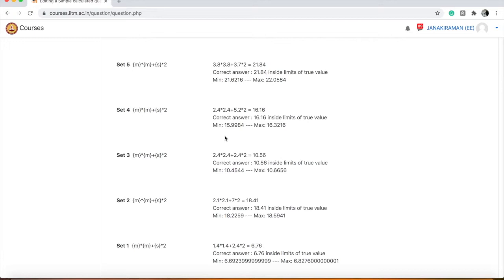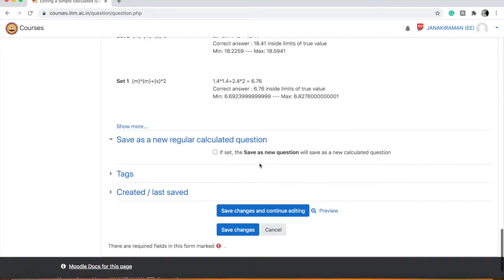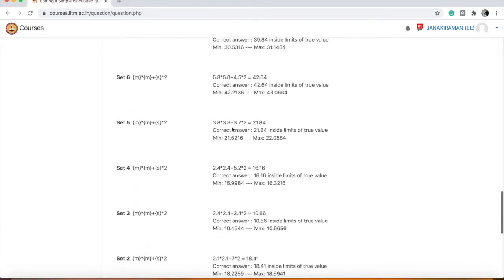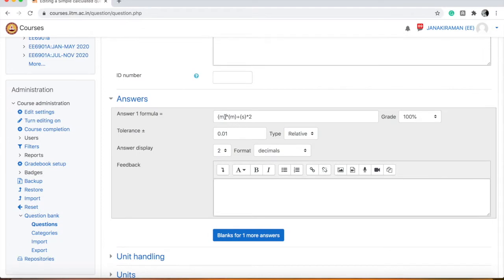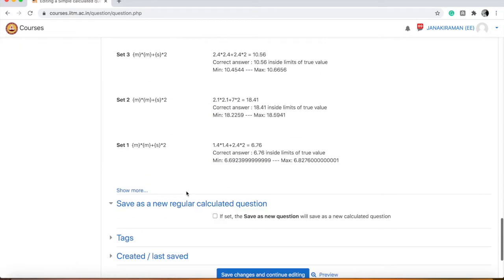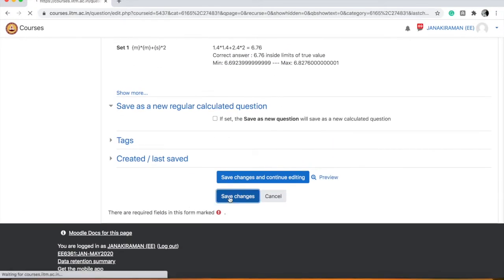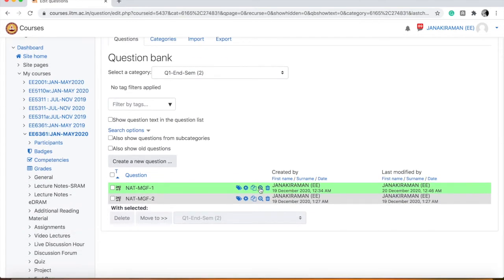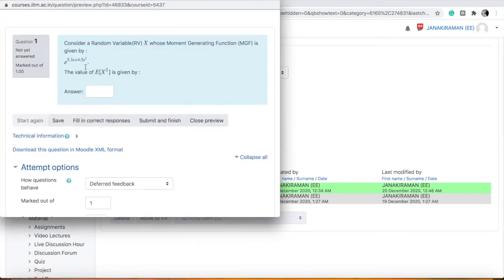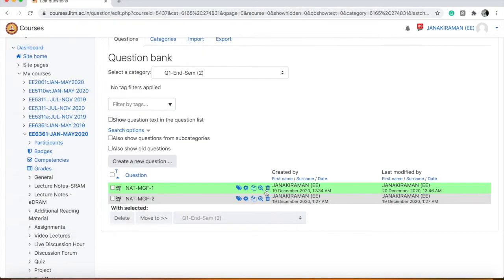So the key point is a single question which was going to go to n students in exactly the same form is now becoming a unique question for each student, and of course the answer can be evaluated each time differently according to this particular formula that I have given here. So I go ahead and save changes, and now you create this and you'll get 5.3 plus 4.5,